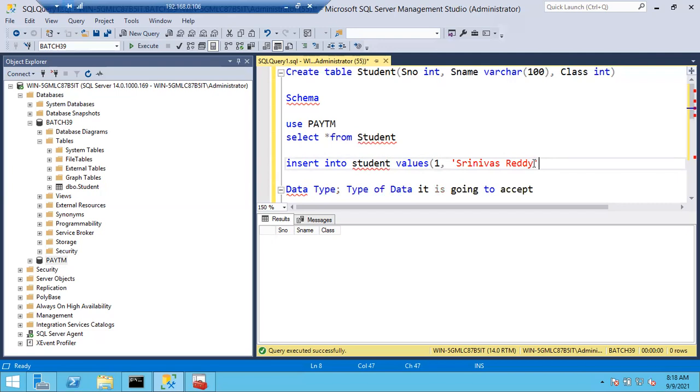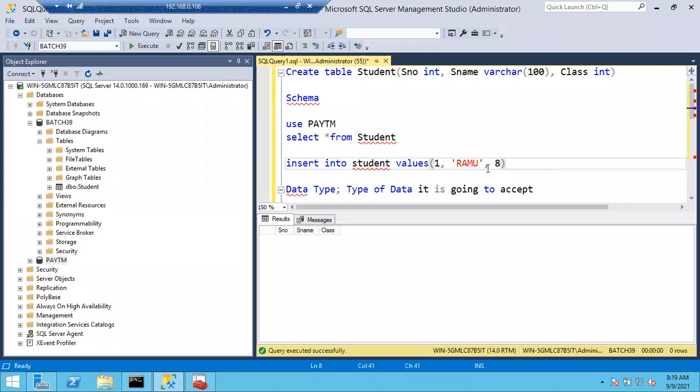In the names we will have spaces, right? So you cannot directly give the names. Even if you want to insert only Ramu, can I insert like this? No, you cannot insert like this. It is character, right? You have to keep it in single quotes only. This is how you have to insert. Character type of data you have to insert like this. So which class? Might be 8th class, just 8. So close the braces. You can see here, I just closed the braces.